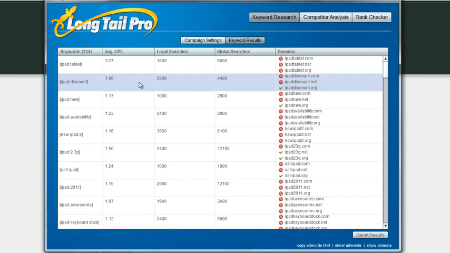That's pretty good. It's got a $1.06 cost per click. So, you know, this is a workable keyword right out of the bat that we've found here. The next thing we want to do is see what the competition is like for this keyword. So we can jump over into the competitor analysis section of Longtail Pro by clicking here, or even easier, we